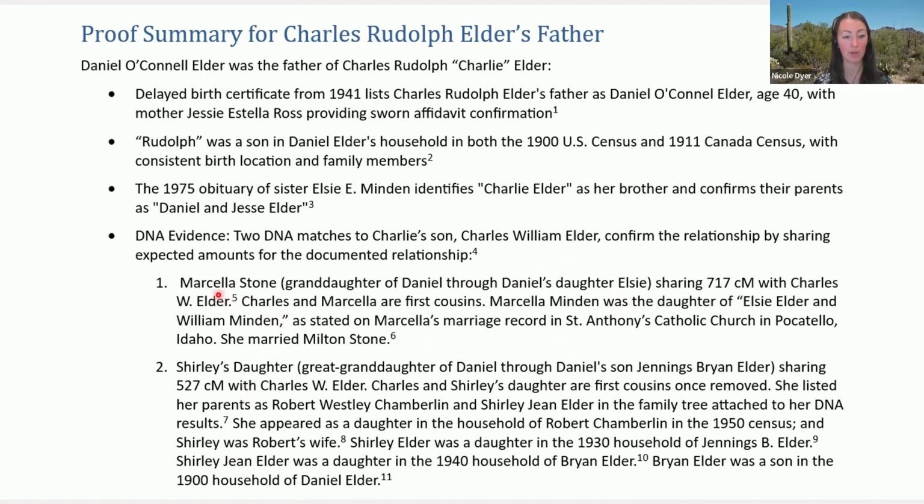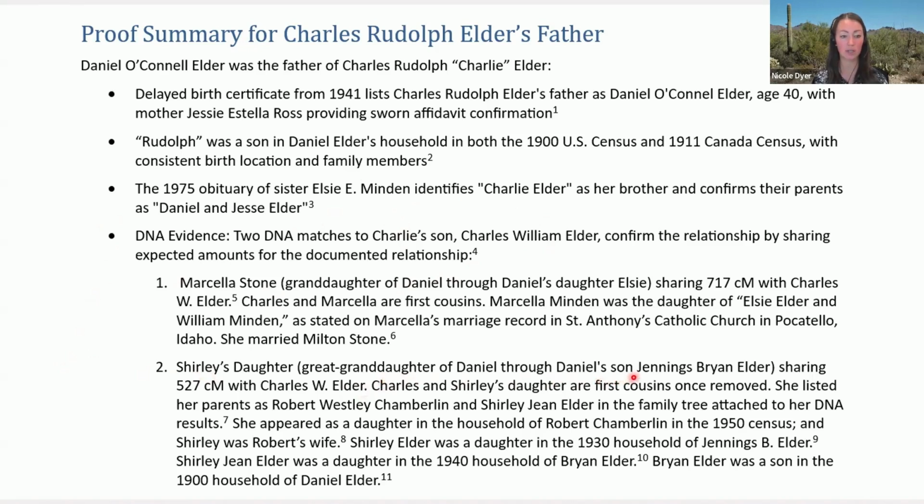You can imagine Marcella as a granddaughter of Daniel through the daughter Elsie. So Daniel at the top, then Elsie, then Marcella. And we already know that Charles William Elder is the son of Charlie, who's the son of Daniel. So that could be another branch of the tree. And then the last DNA match here is Shirley's daughter, who is a great granddaughter of Daniel through Daniel's son,